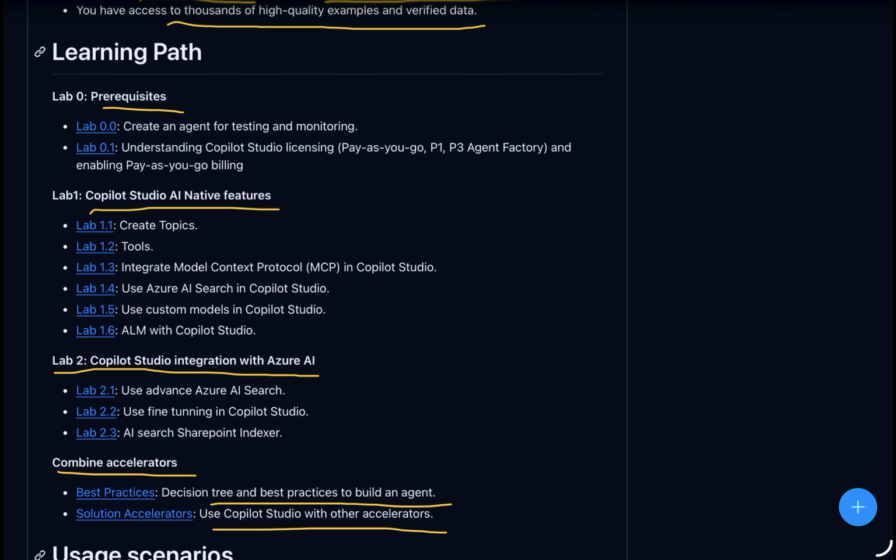So the audience could be anyone. This will give you a thorough idea and thorough knowledge for